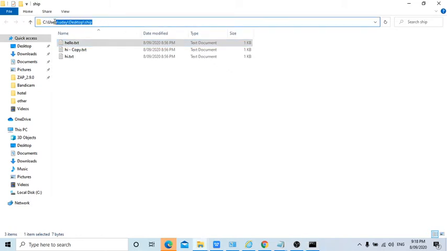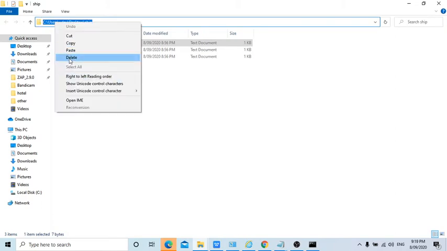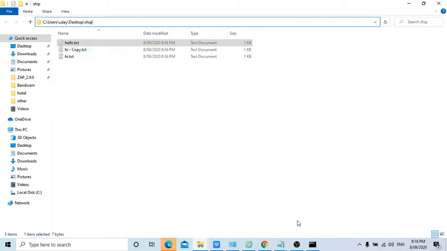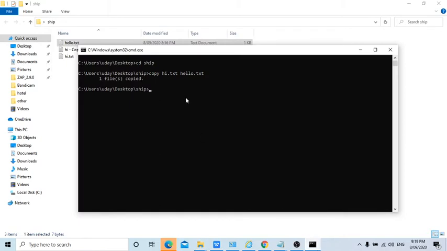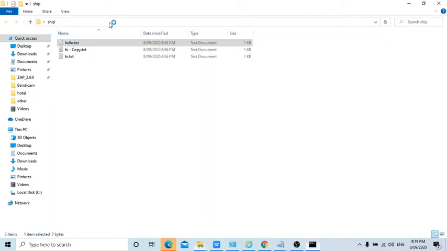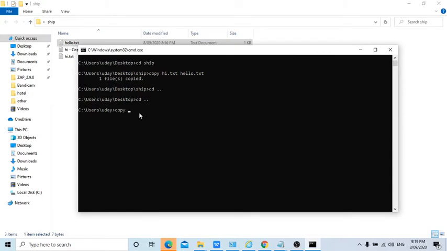How can you create the copy of a file in another way, guys? Whenever you want to go to a particular folder, you can also do it like this. Instead of going inside this folder, I can do cd dot dot, cd dot dot. Now I'm in the Uday folder, but from here only I want to execute the command. You can do this for all the previous commands also, but I didn't tell you there because you might be confused with many commands.